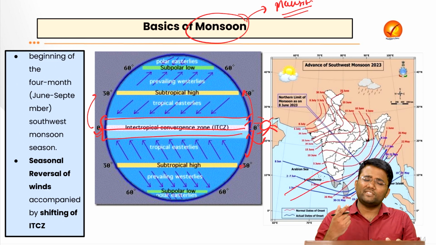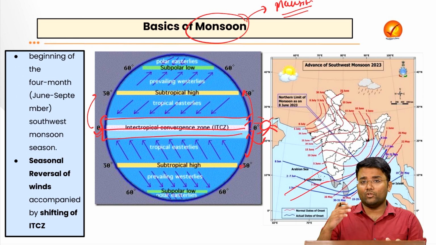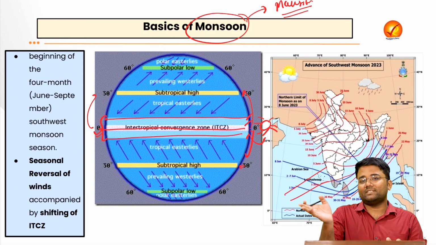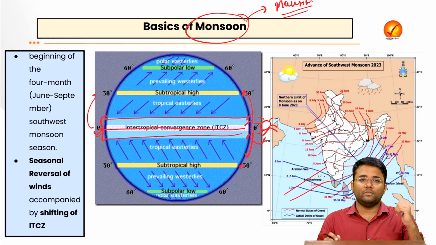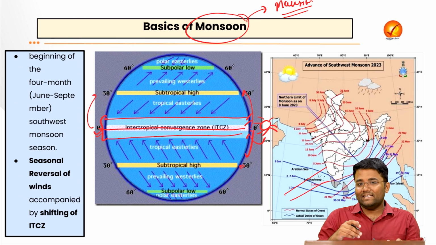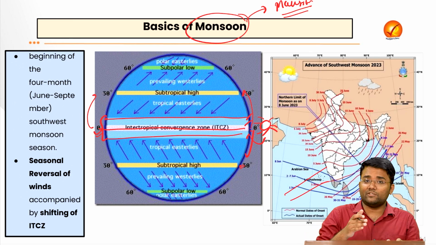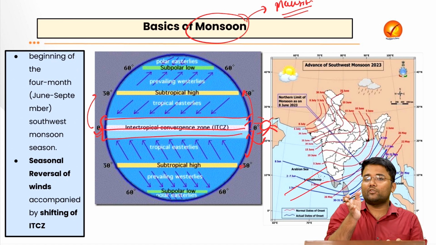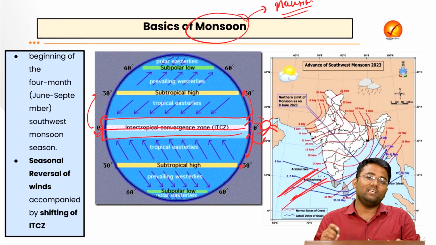The Coriolis force is a force which is generated due to the impact of Earth's rotation, and which says that any body in the northern hemisphere will deflect towards its right and will deflect towards its left in the southern hemisphere. So when these tropical easterlies cross the equator, they come into the northern hemisphere. Because of the Coriolis force, they deflect towards the right and become southwesterly winds.